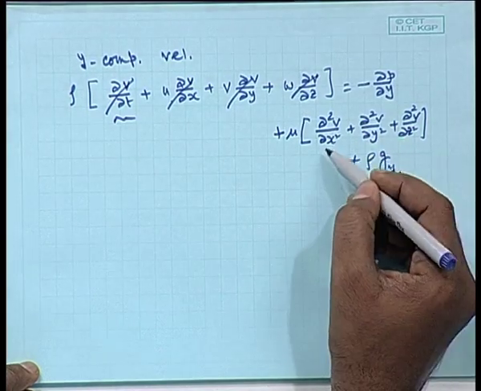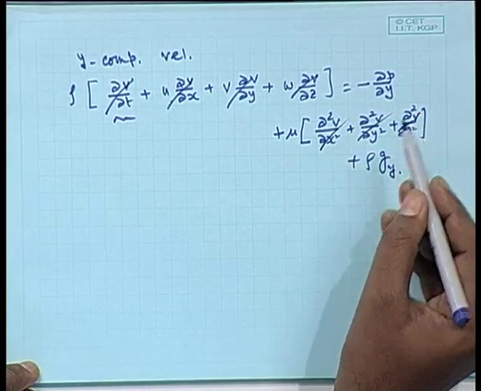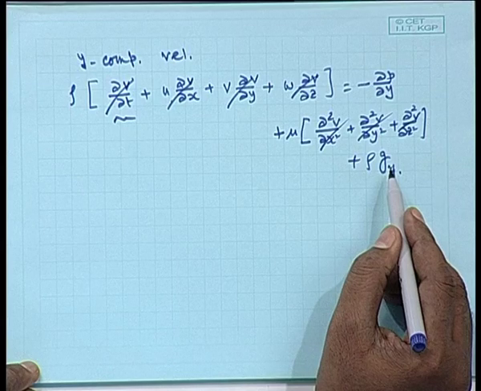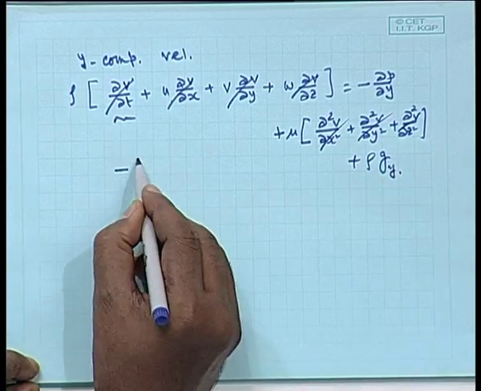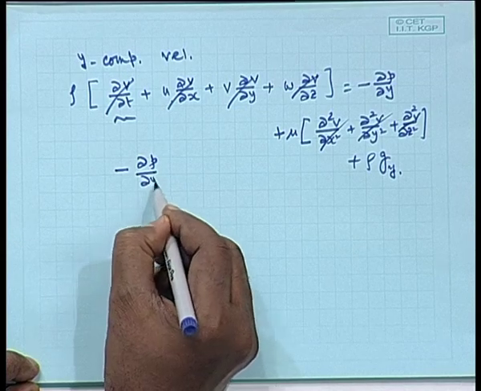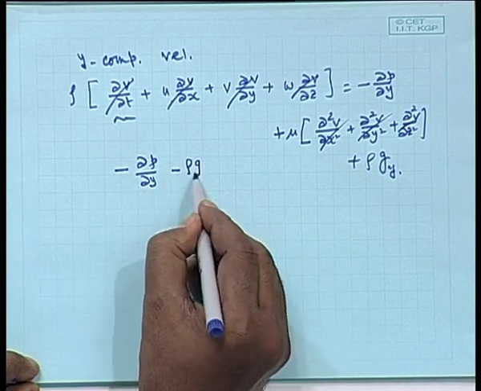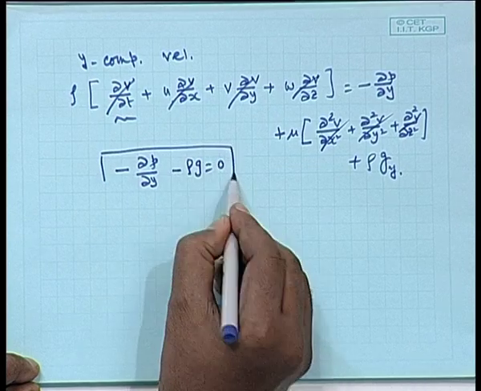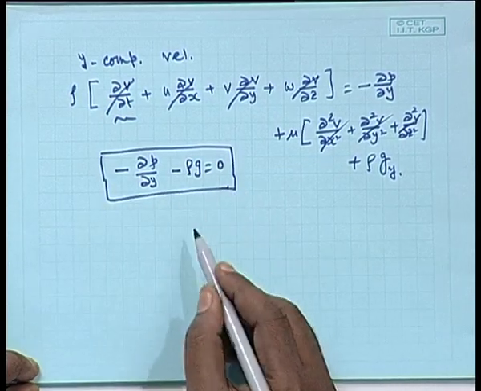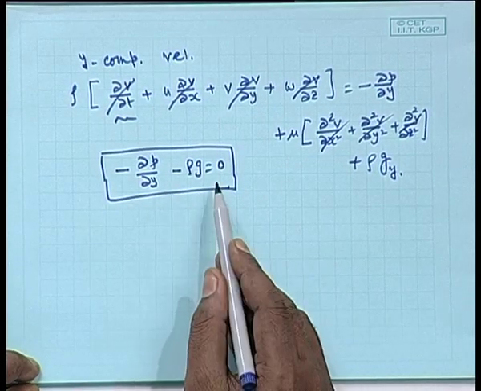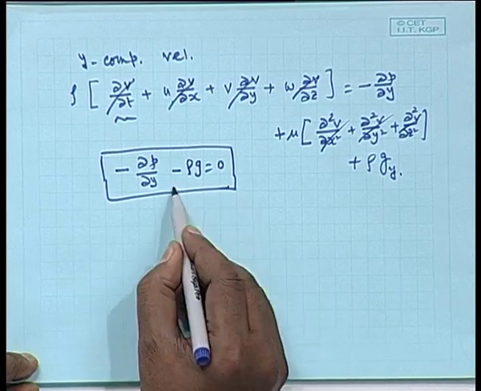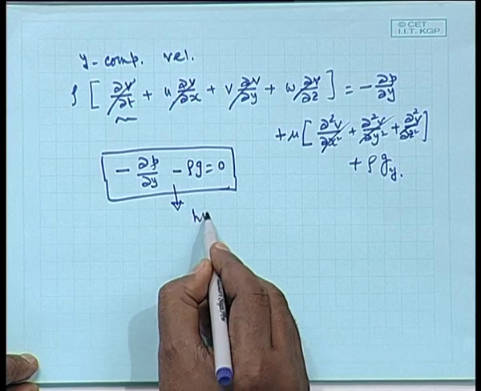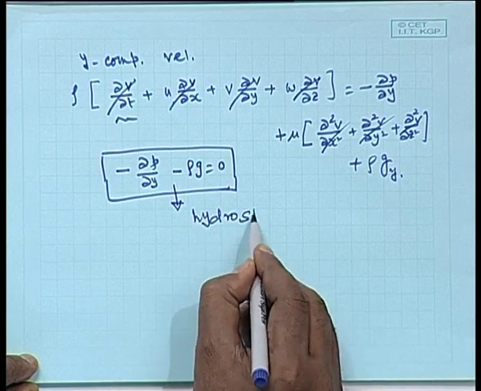Now, similarly, all these viscous terms will also be off and g y will be equal to minus g, right. So, you will have minus del p del y minus rho g is equal to 0. That will give you the pressure gradient, which is basically the hydrostatic pressure, P is equal to P naught plus rho g h. Okay. So, this will give you information about the hydrostatic pressure distribution.